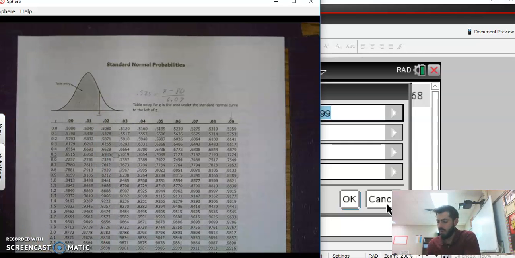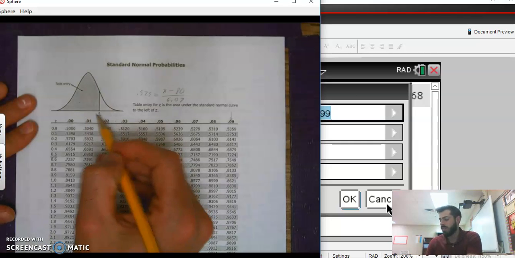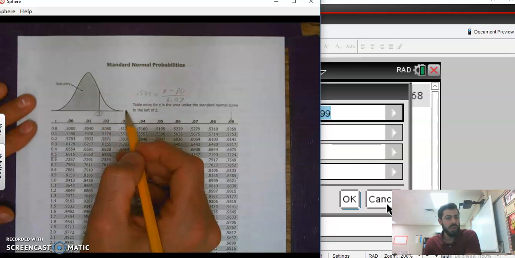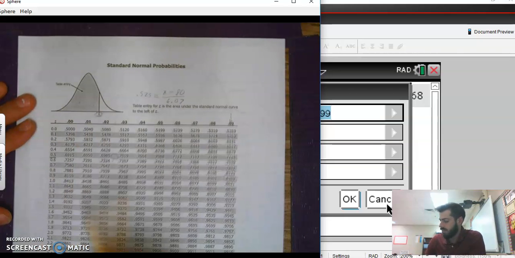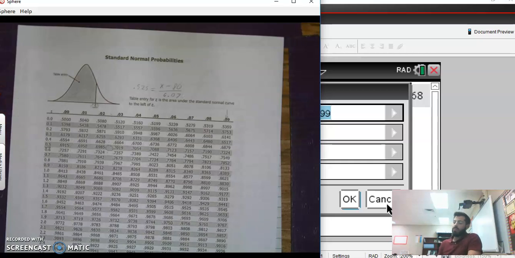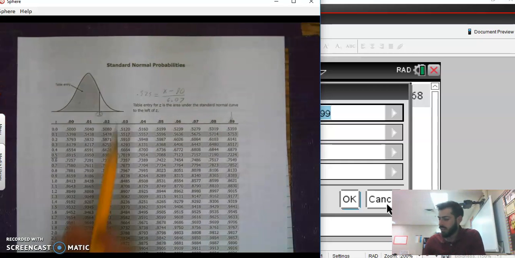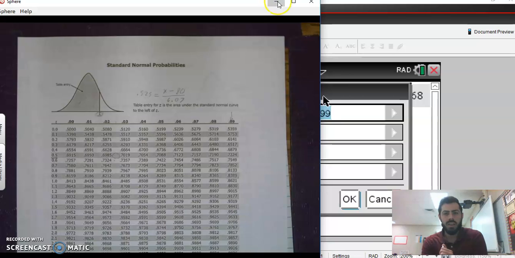Or if we want to flip it, we can make our lower boundary the z-score and our upper boundary positive infinity. But we can calculate basically the p-value, the proportion, or the probability underneath the curve. So in our example from before,